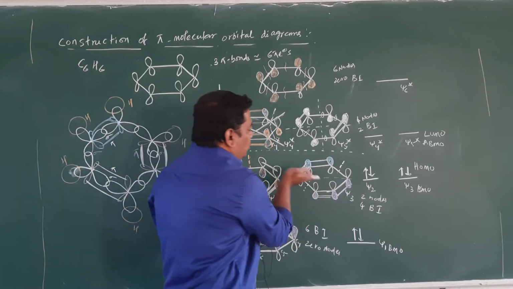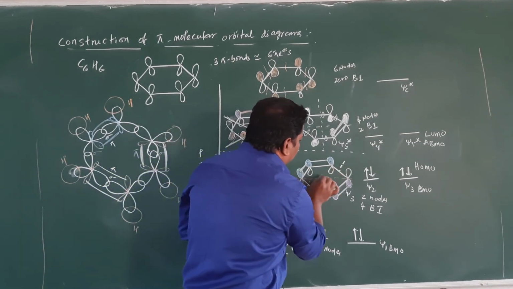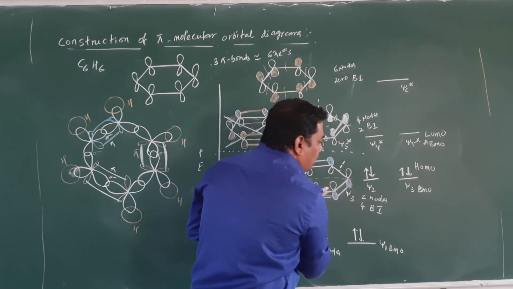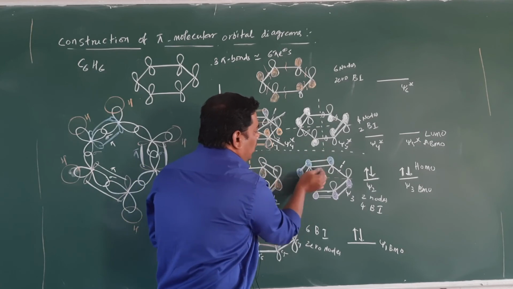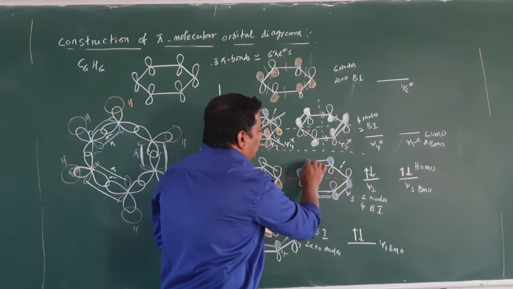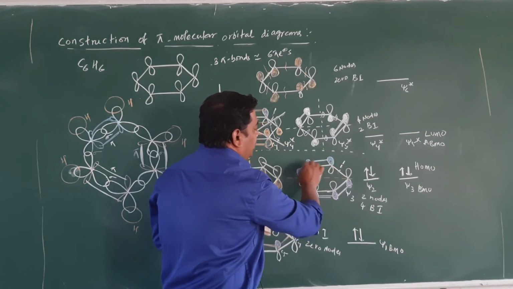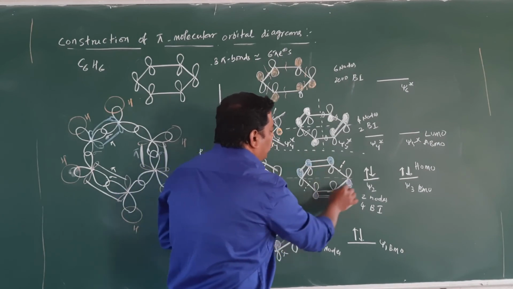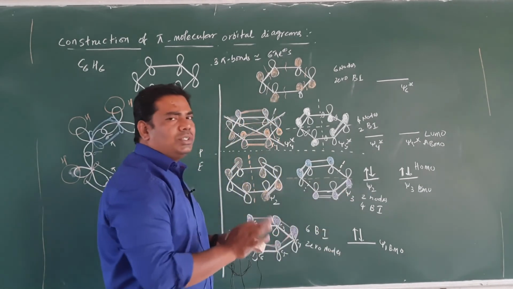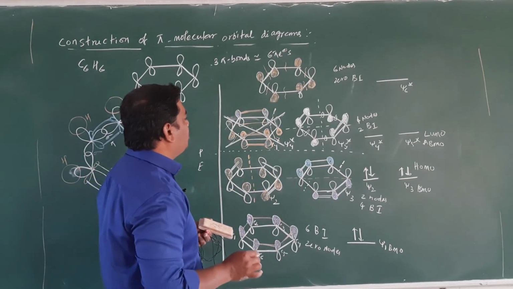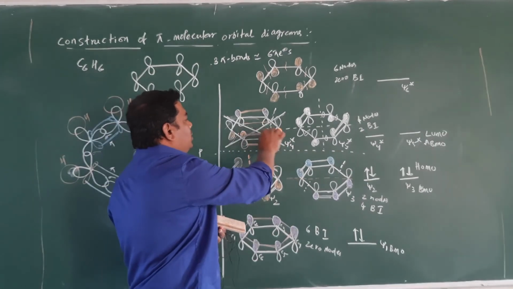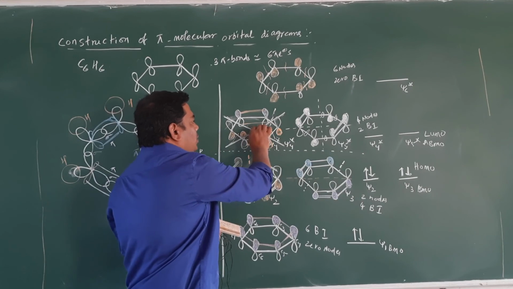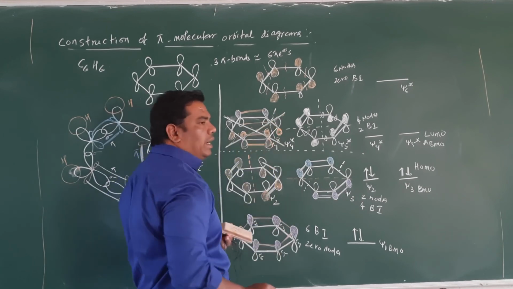Here also you can cut the molecule. The plane which is passing through the center of the carbon atom, student, here what you can do is shade the top lobes above the plane, and here you can shade the bottom lobes. This is easy to remember from the examination point of view. Here also you can see, student, this is passing through the center. So these two lines are joined at the center.